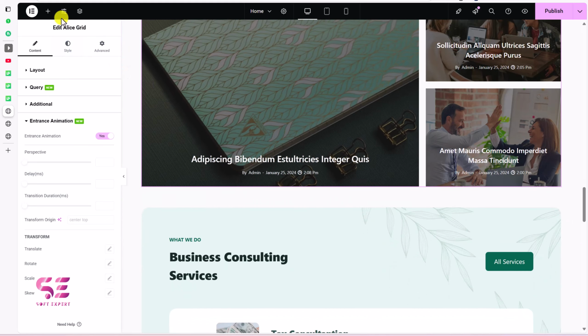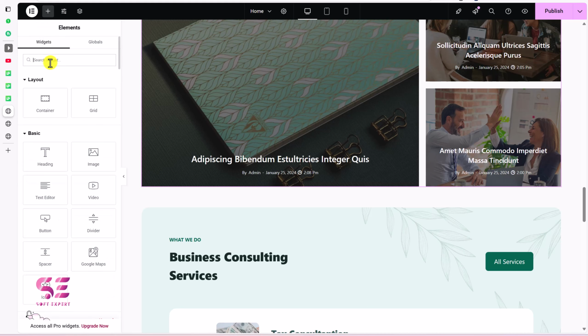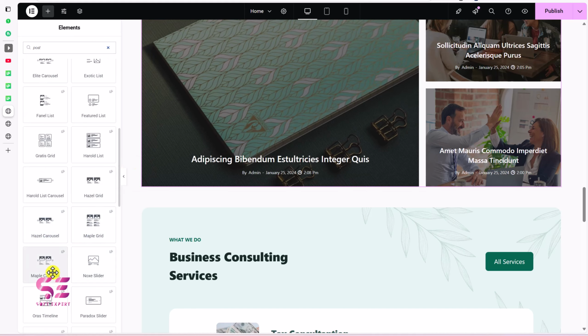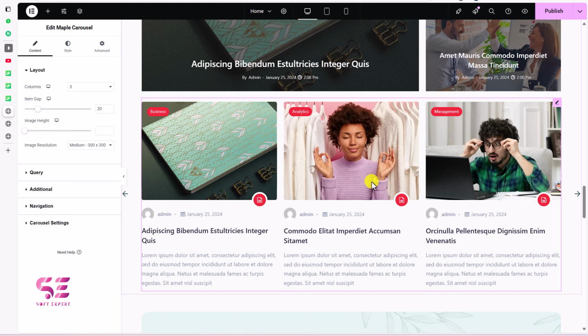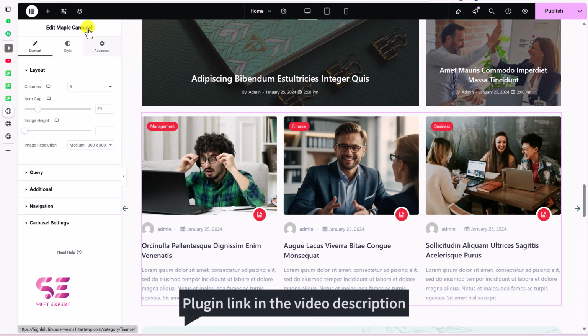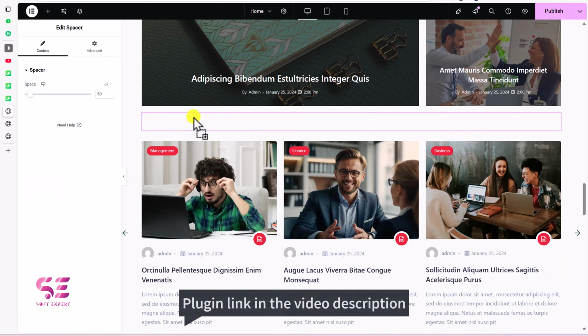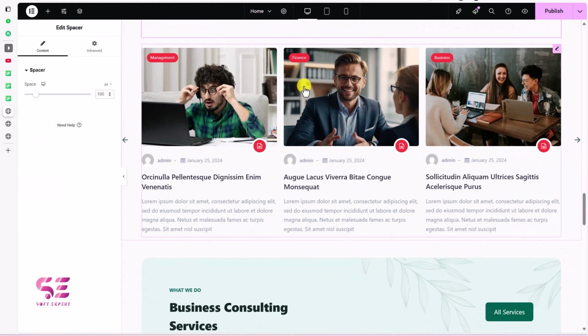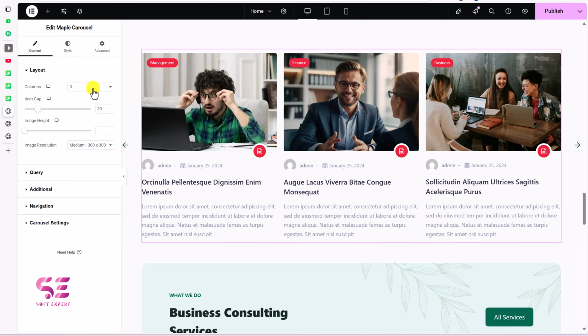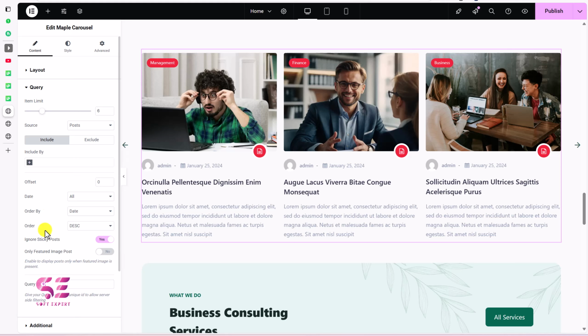So I'll go to all elements. We'll again search for posts, and this time let's use a carousel. Let's say Maple carousel. So again the same posts and carousel format. And let me add some spacing here. Okay, so in the same way you can customize the layout, the item gaps, the query, the navigations, because this